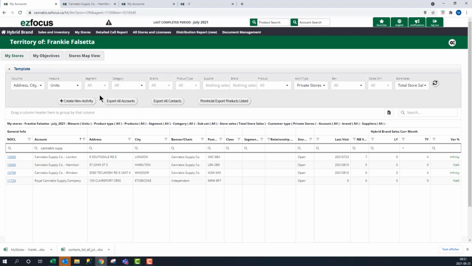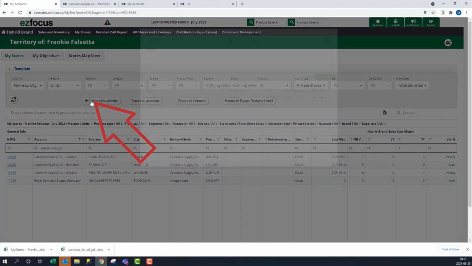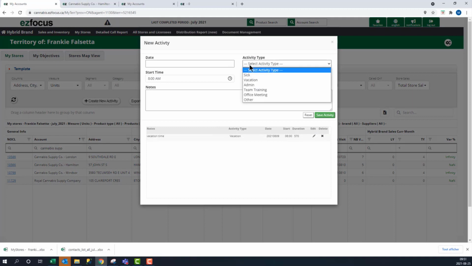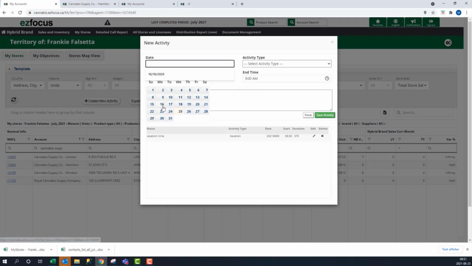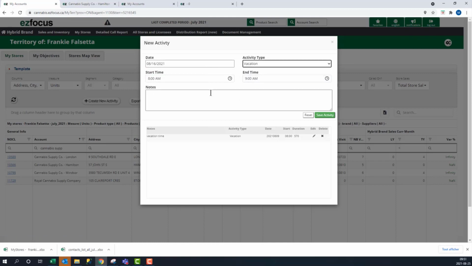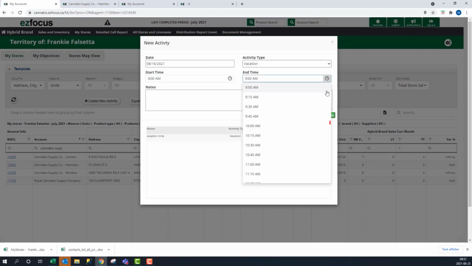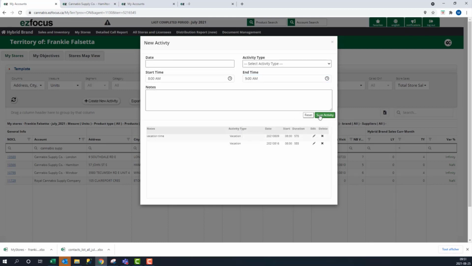Last but not least, you can also create a new activity. Creating new activity is basically allowing you to enter your sick days, vacation time, admin, team training, office meeting, or other information, other times where you're not actually available. So, for example, if I wanted to add a vacation day, I simply have to put the full day, and then I click on Save Activity, and my new activity will be added at the bottom here, and my manager will then have access to these in the detail called